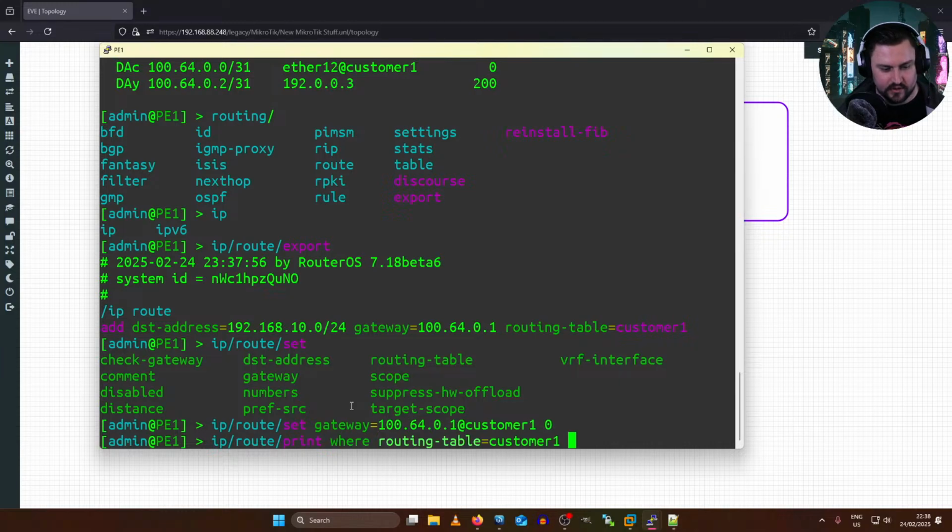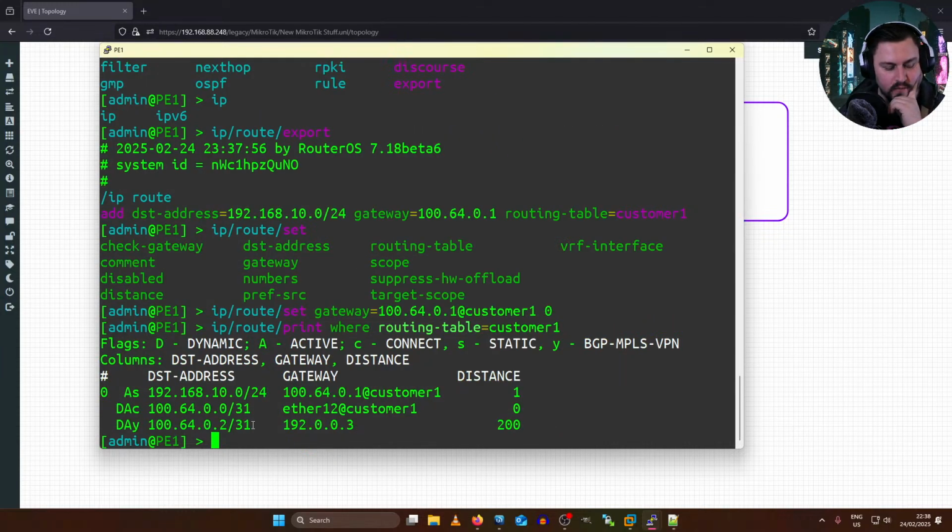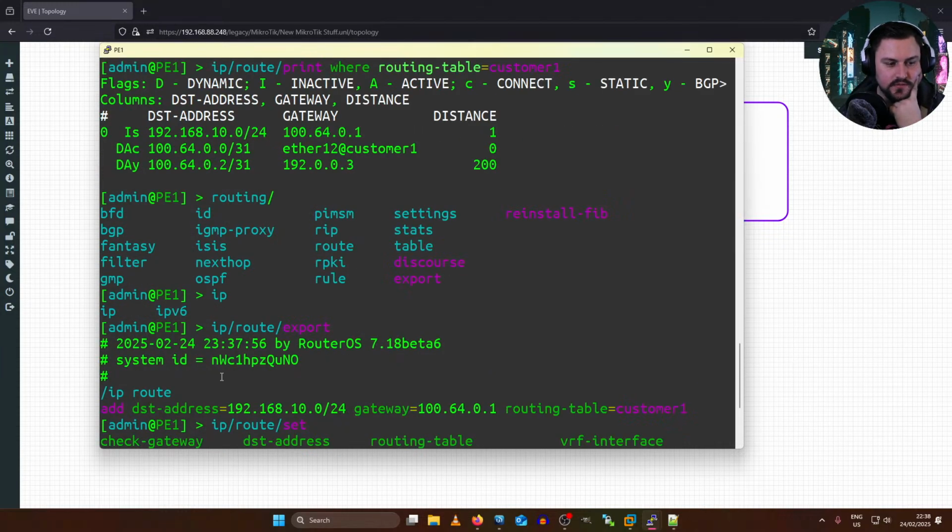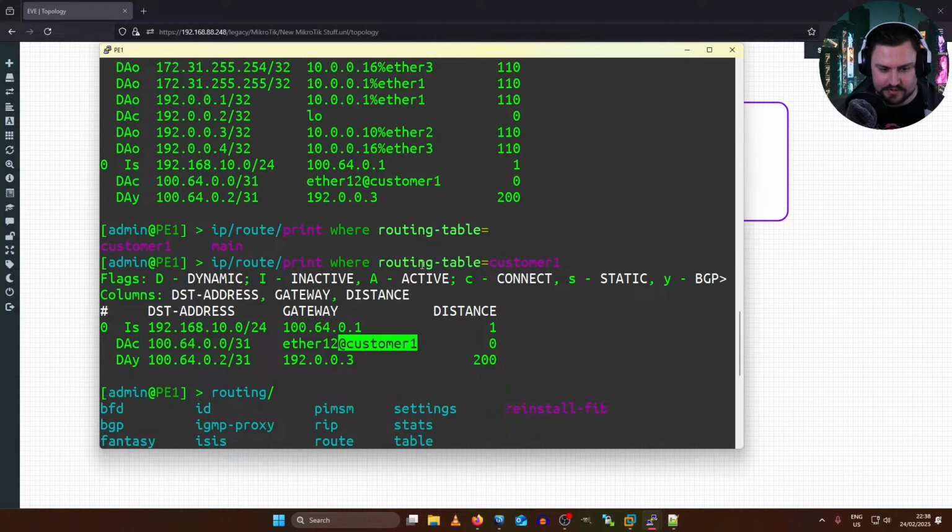If I have a look at that route again now, it's no longer inactive. If I just scroll up, there it was inactive because it was going to use that IP address gateway, but it didn't know which VRF it was really in, even though I did specify the routing table.